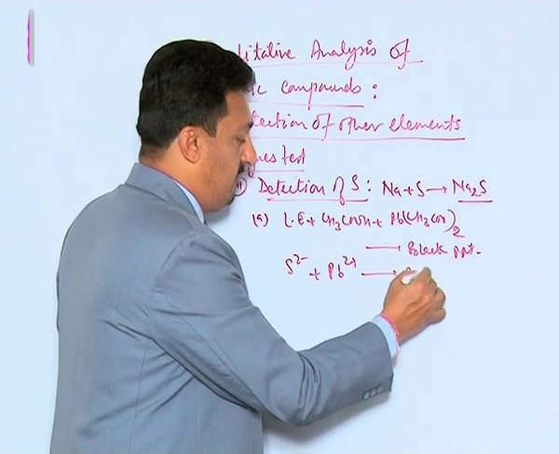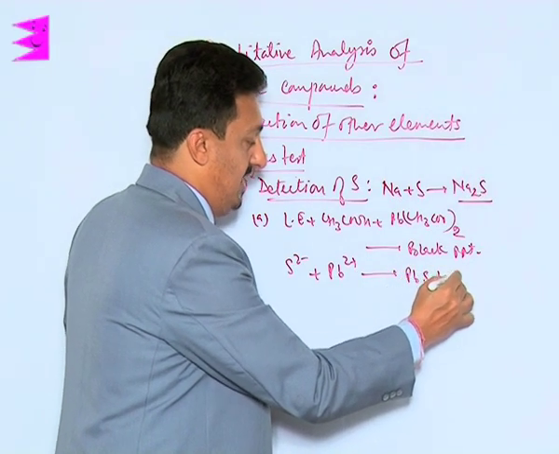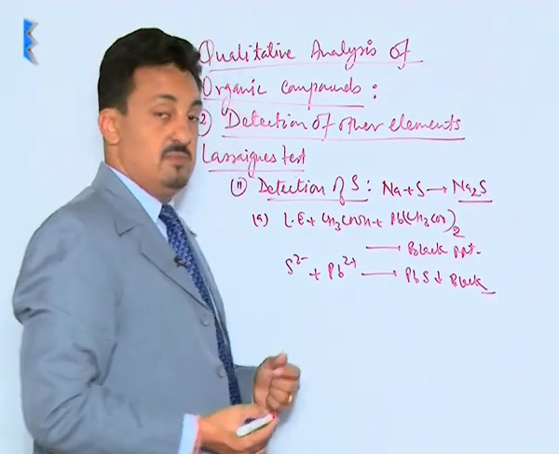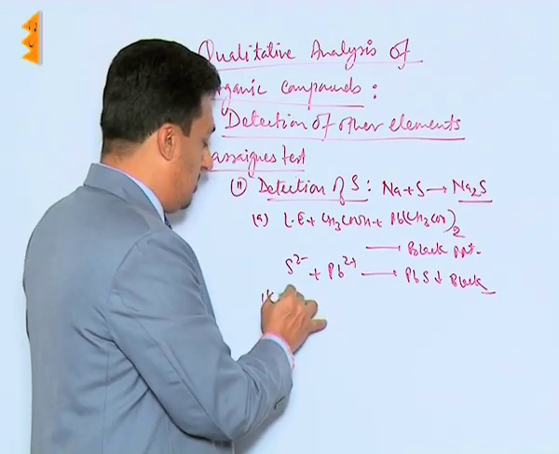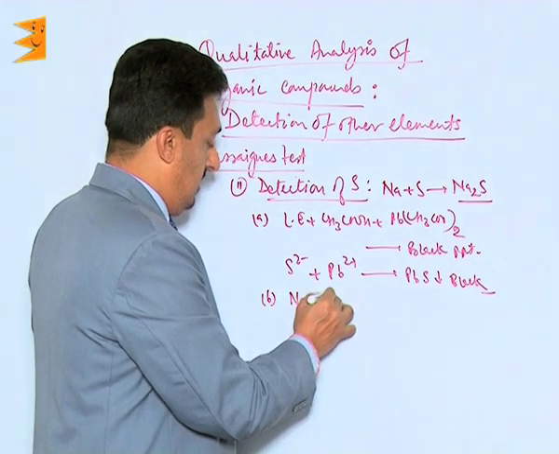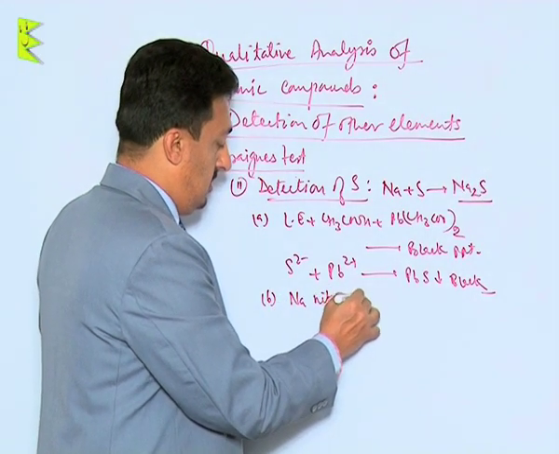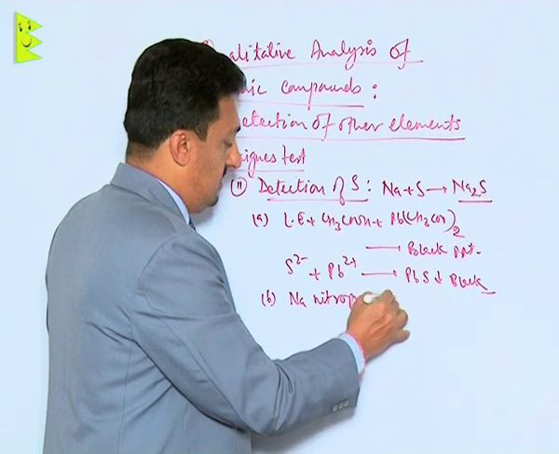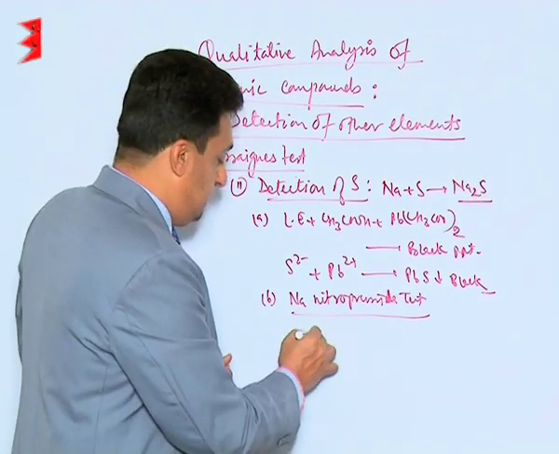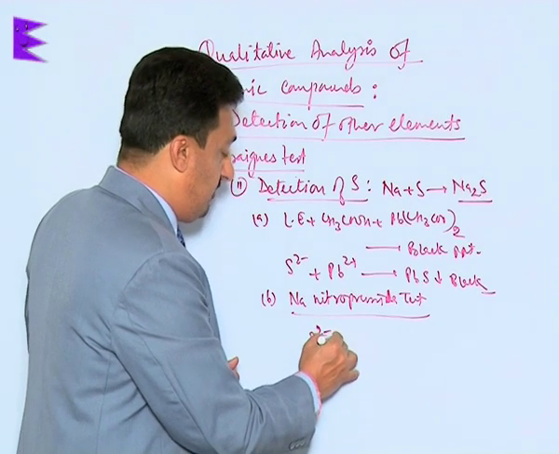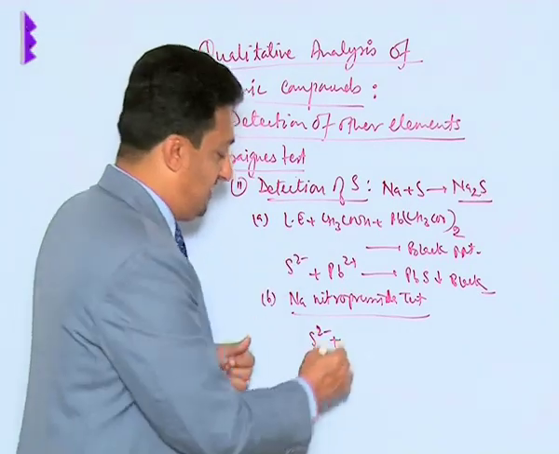They both combine to form lead sulfide, which is black in color. That's one of the methods. The second method is called the sodium nitroprusside test. Now what we do in this case is add sodium nitroprusside to the lecithins extract, which is